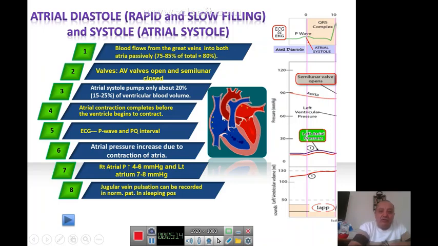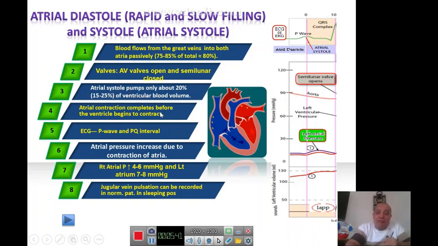So this phase we call it the atrial systole. It means part of the feeling, part of the cardiac cycle, cardiac diastole is number one, atrial diastole. It means blood should only passively is coming from the upper part and lower part of the body into the ventricles. And the second is the contraction by itself of the atria.